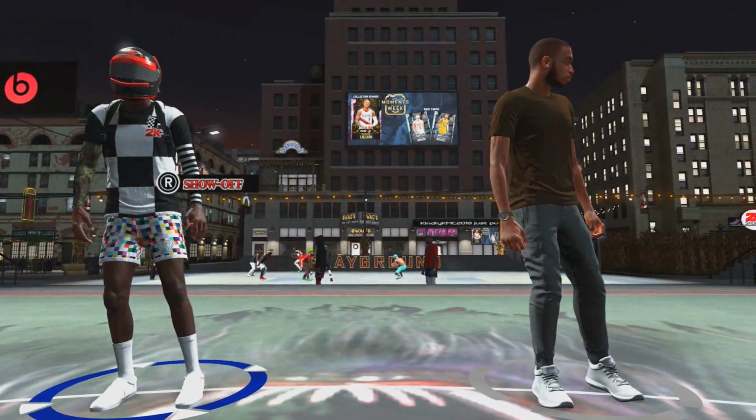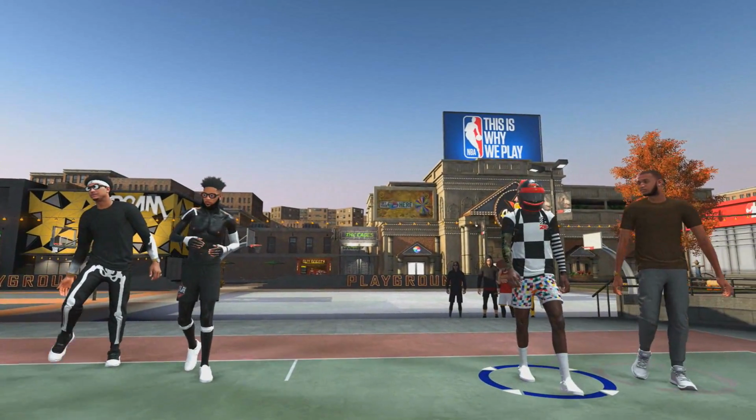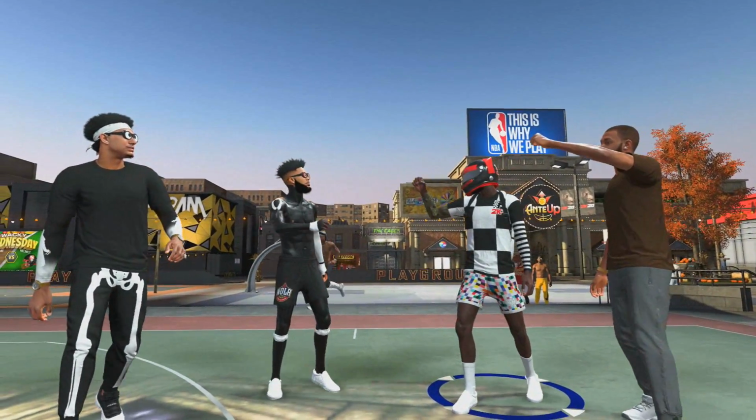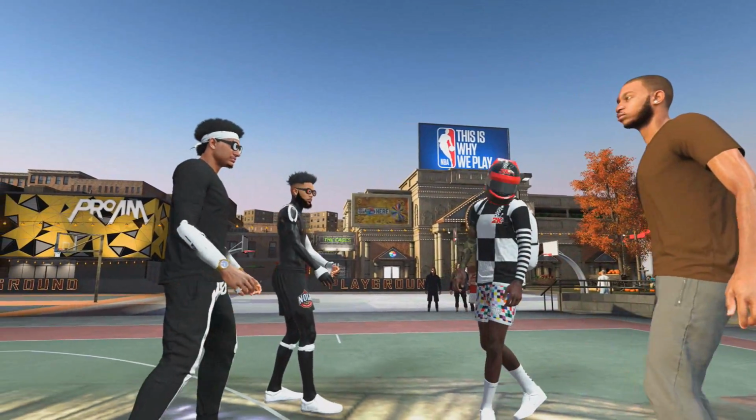All you have to do is, no matter where you're running, let go of turbo and hit down on the right stick, and then you'll have a shot almost immediately. You won't have to wait for your guy to set his feet, like the hesitation, and it won't make you fade away also. So the third tip that I'm going to give you guys, even though almost every tip I give you has some little extra tips inside of that,